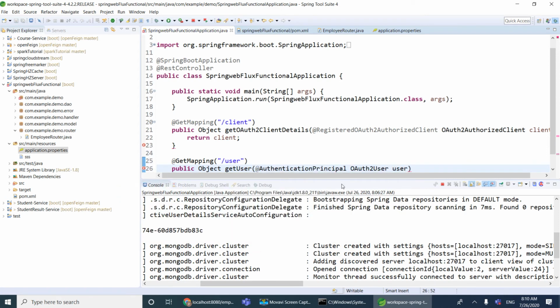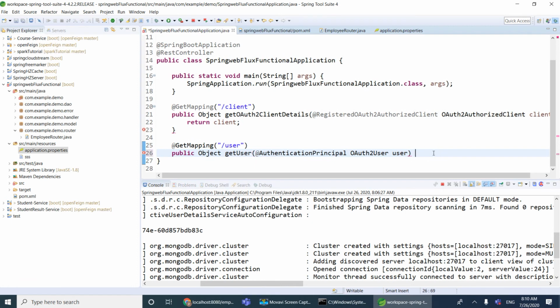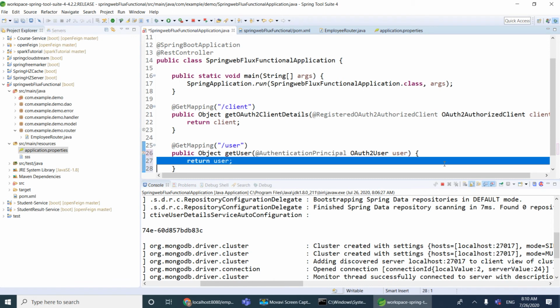So this OAuth2User will have the user credentials from the OAuth2 provider, whatever details we have provided in our application in the OAuth login. For example, if I'm logged in with Facebook, I'll have different details. If I'm logging in with GitHub, I will have different details. It's based on our OAuth2 provider. If you are already logged into the application, this will load the details. If you are not logged into the application, it will again take us to the login page to log in, and then it will populate the details.